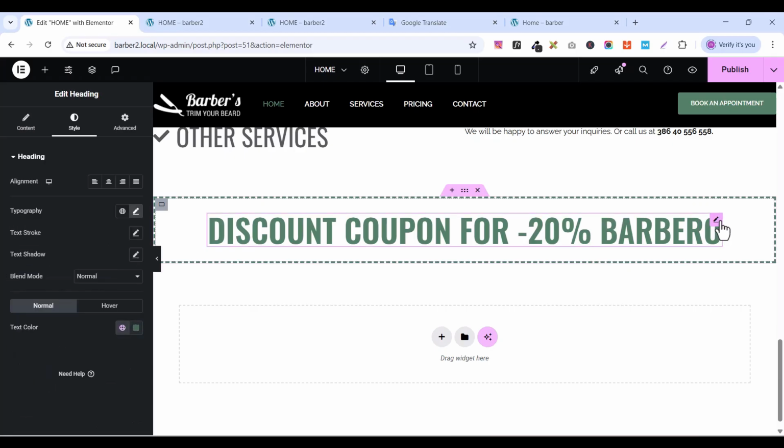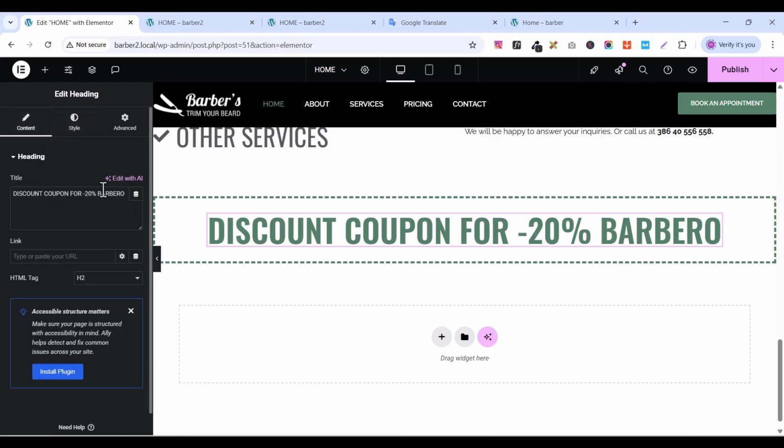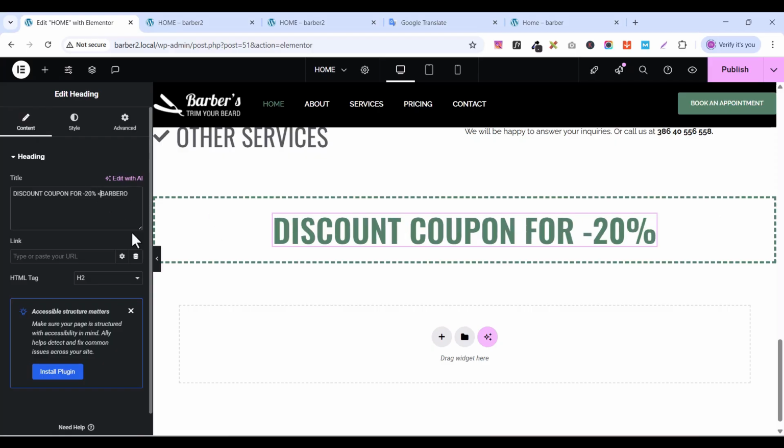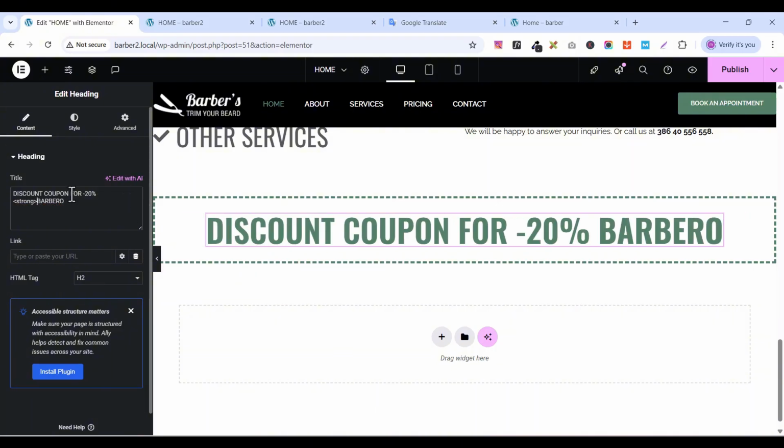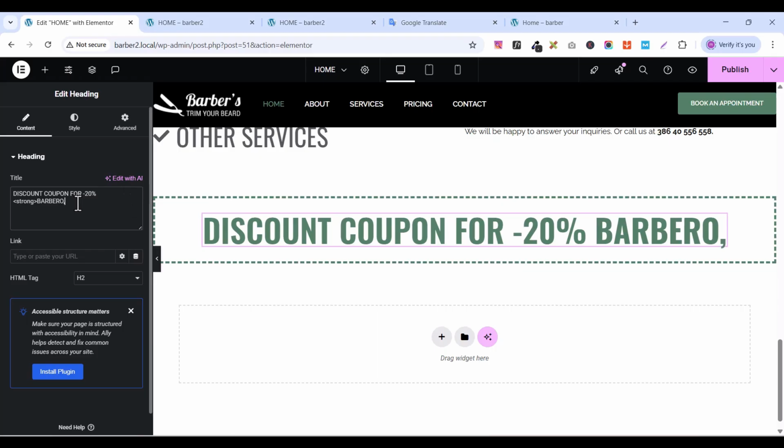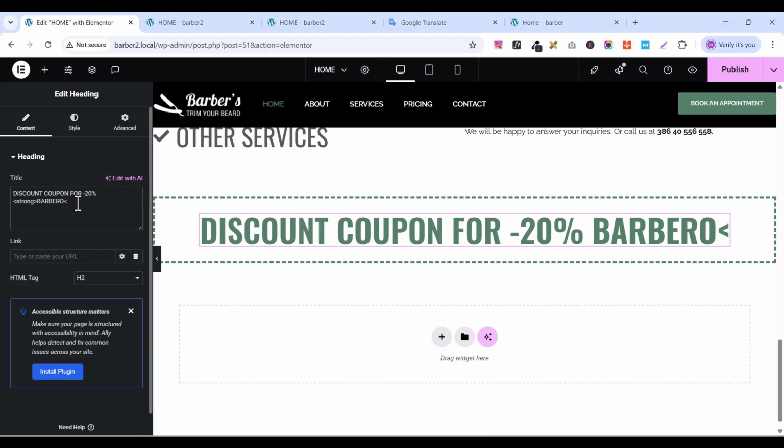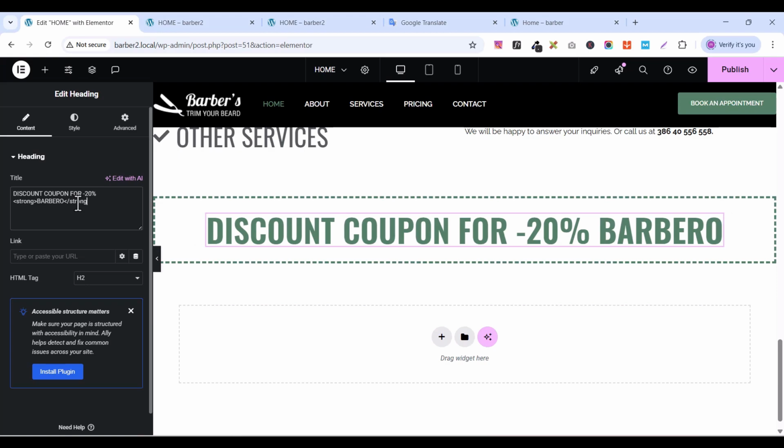Good. Select this text. I want to make this word bold, so select this text, go to content, and here let's give it an HTML tag. Write strong, close it here, open it there, close it here like this. Strong. Good. So let's publish it,